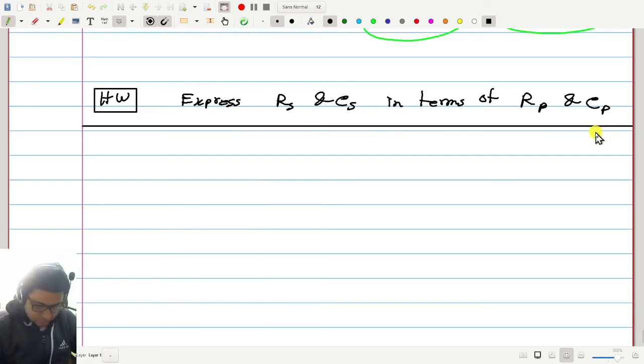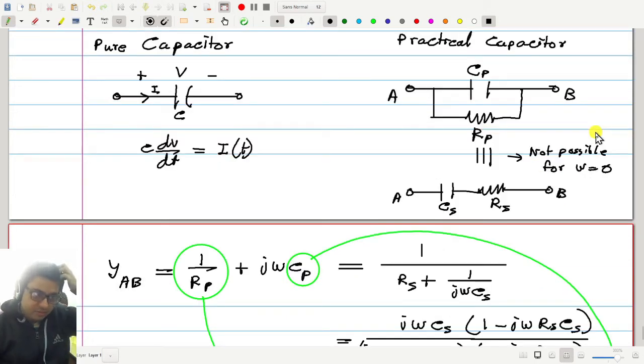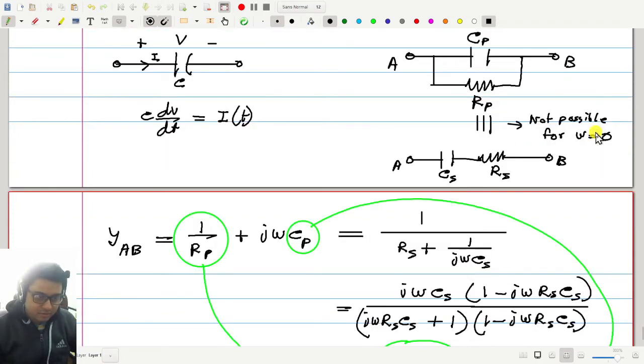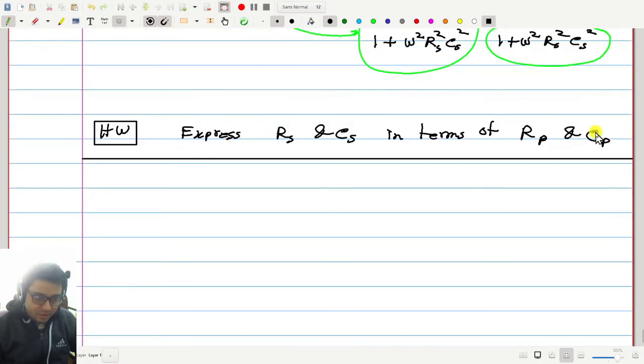So there must be a series resistance in the practical capacitor, so that we do not directly connect voltage with the capacitor. No, I did not follow this question. Please repeat. Previously we have seen that we cannot directly connect a voltage source with a capacitor. That will make no sense. So we should also have some kind of series resistance with the capacitor in the practical capacitor model,